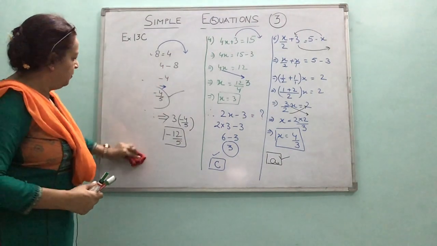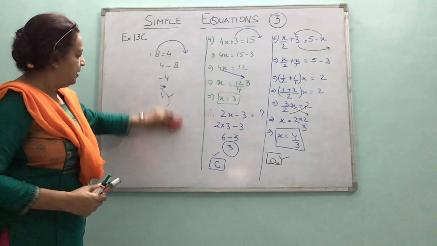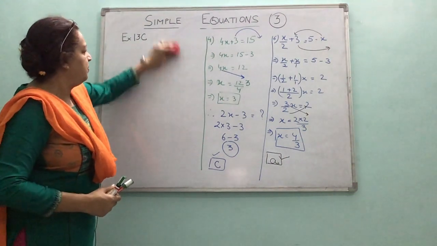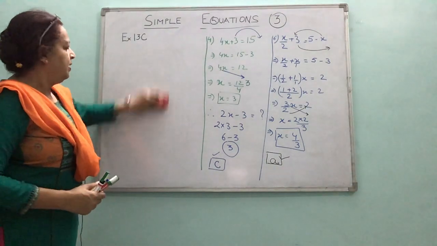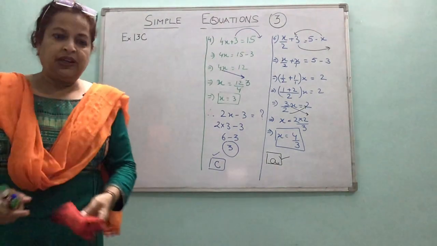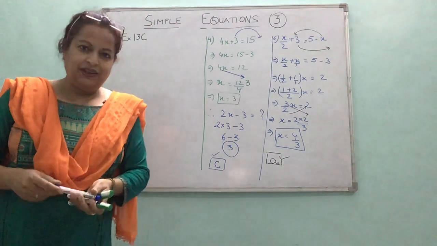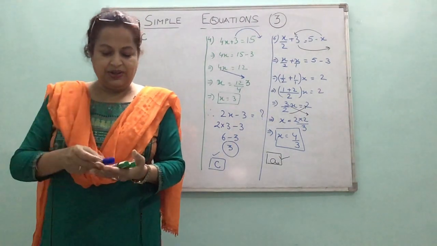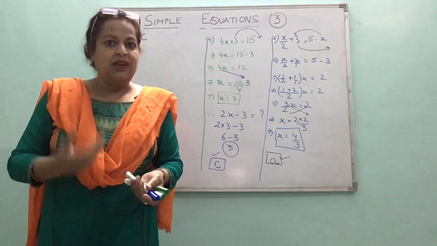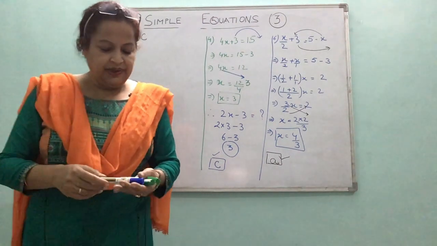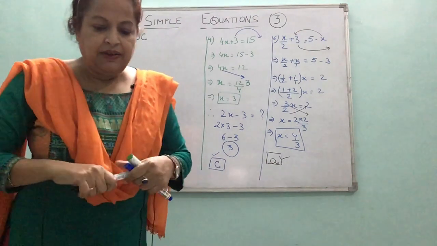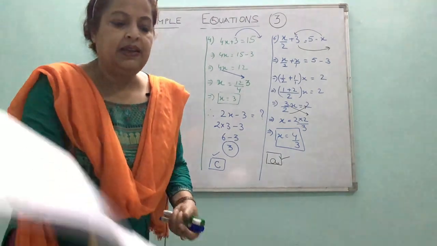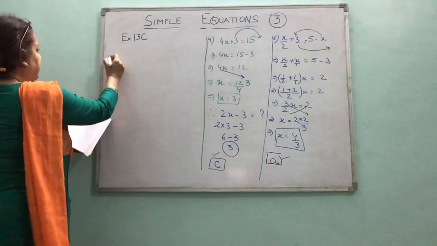So children, do practice this exercise, because in any chapter later on, to find unknown values we will be forming equations and solving linear equations. Initially you have to do only one type of equation, the linear equation. There are many different types of equations, but to begin with, this is the simplest one, and we'll be following the transposition method.